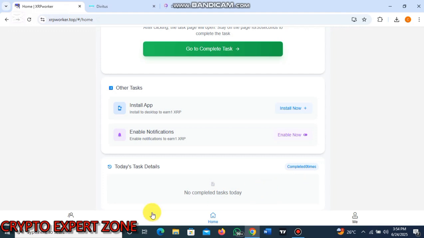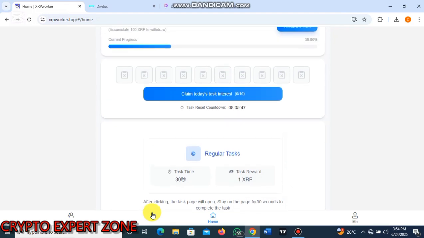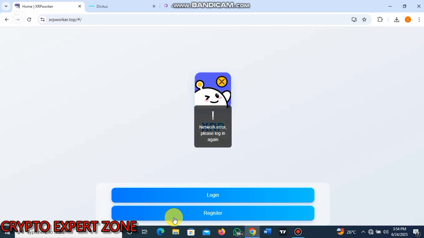That's how it works. Now here, in case you have already registered, you are finding your link. Look at the price of XRP here. Imagine me having 30, do you know how much it is? You don't need to play with this airdrop. Now, going here, click invite. When you click invite,